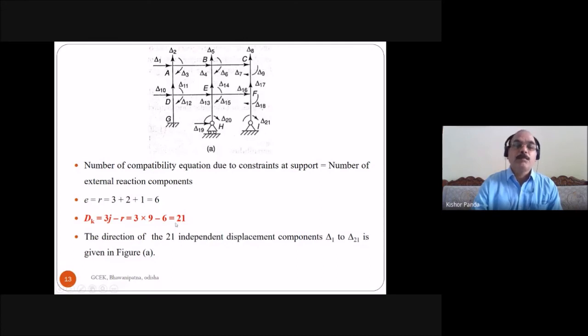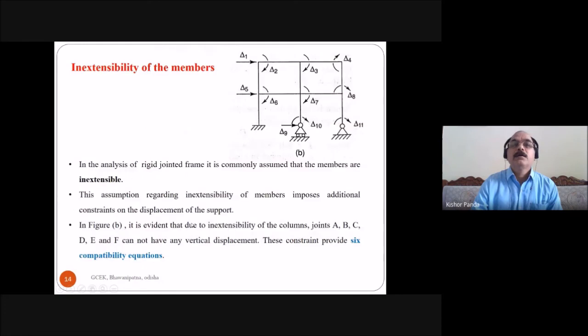What is the total degree of kinematic indeterminacy in the case of inextensibility of the members? This is equal to 11. These are the 11 directions. Here you see this is delta 1. There is no vertical displacement, delta 2. And here there is no vertical and horizontal, same. What is at joint A? Same at joint B. So here there is no need to take delta 3, and here rotational delta 4.